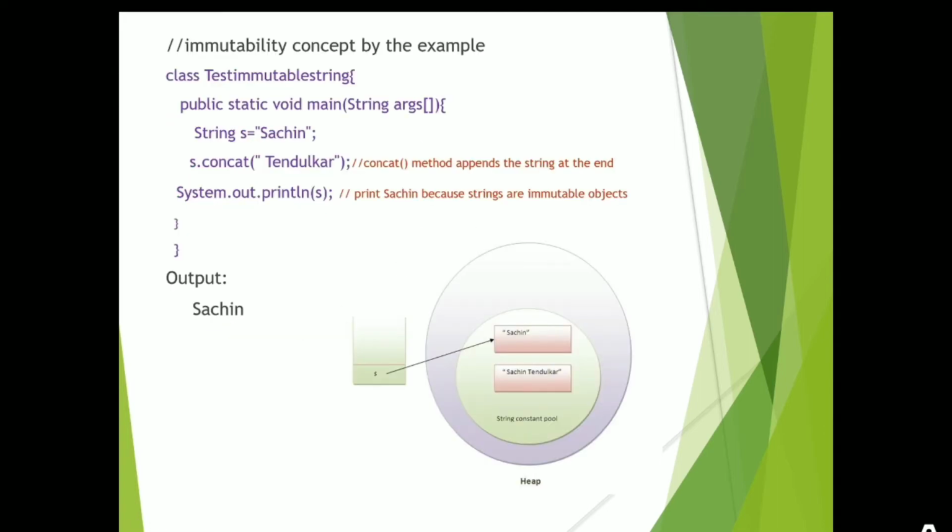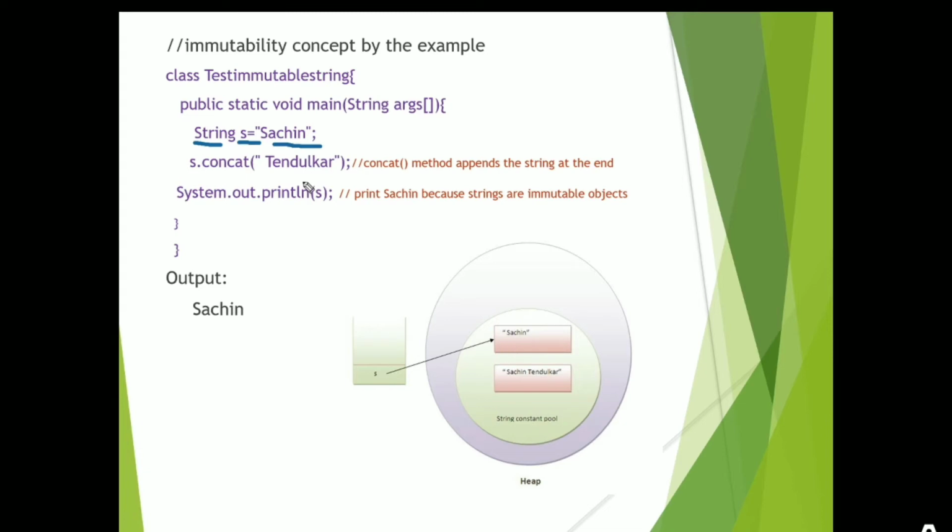So it displays the string length is 17 characters. And next, immutability. Immutable means not modifiable, not changeable. Here we created a class, ImmutableString. Immutability can be checked when we create a string with the String class and assign it a value, Sachin. Sachin is checked in the heap memory to see whether it exists or not. If it does not exist, it is created and inserted into memory, and the variable refers to it. The String object refers to Sachin.